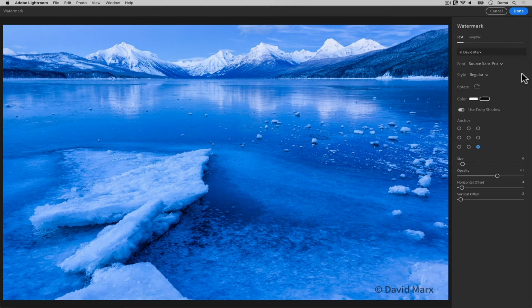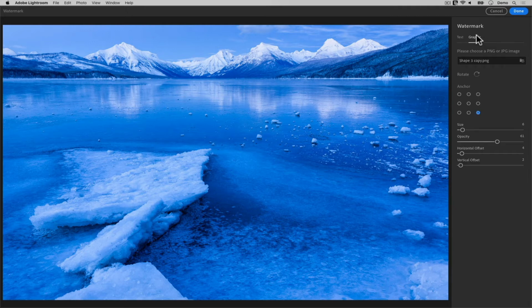With Lightroom Cloud-based version 4, we now have the option to use a graphic watermark in here instead of a simple layer of text. Using a graphical watermark, something like your signature or a logo, is something that a lot of photographers do to add a little branding to the images that they share online. Anyway, to add a graphical watermark, I'm going to click right here on the word that says graphic.